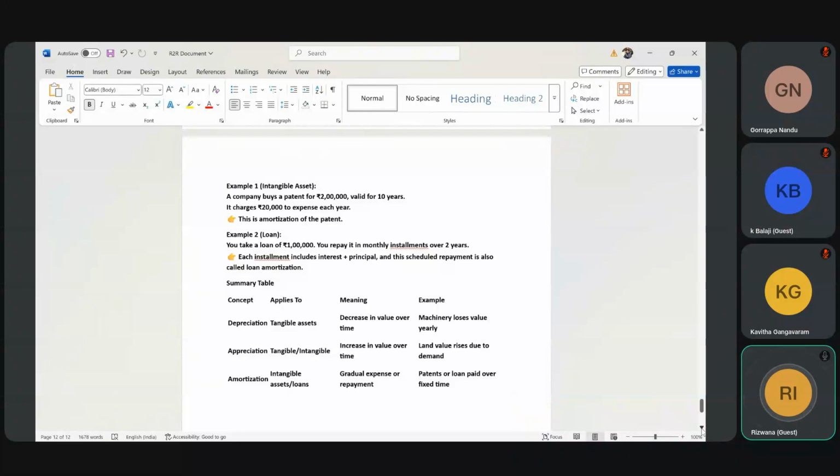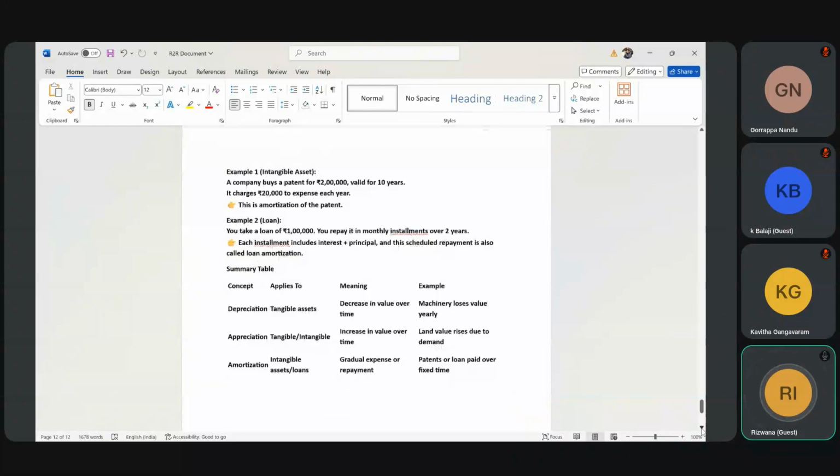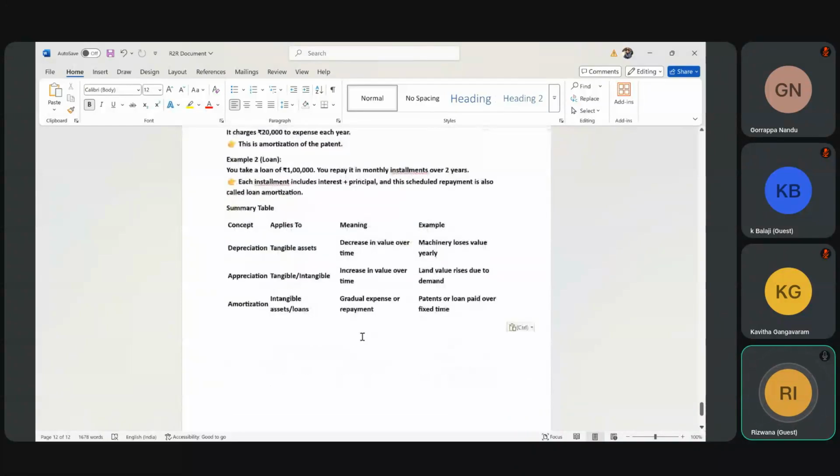So here is a comparison table which you can easily use to understand depreciation, appreciation, and amortization. Depreciation is applied to tangible assets, appreciation to intangible and tangible assets, and amortization to intangible assets and loans. Here is the meaning: depreciation is a decrease in value over time, appreciation is an increase in value over time, and amortization is a gradual expense